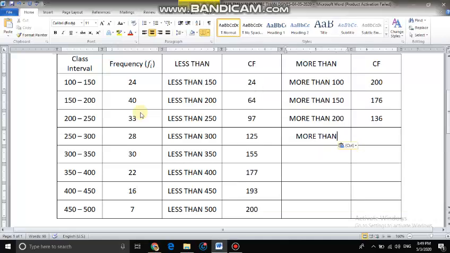Hello student, we will continue this one. Now more than 200 we discussed. Next one is more than 250. So more than 250 means sum of all these numbers we have to add, or what you can do is,